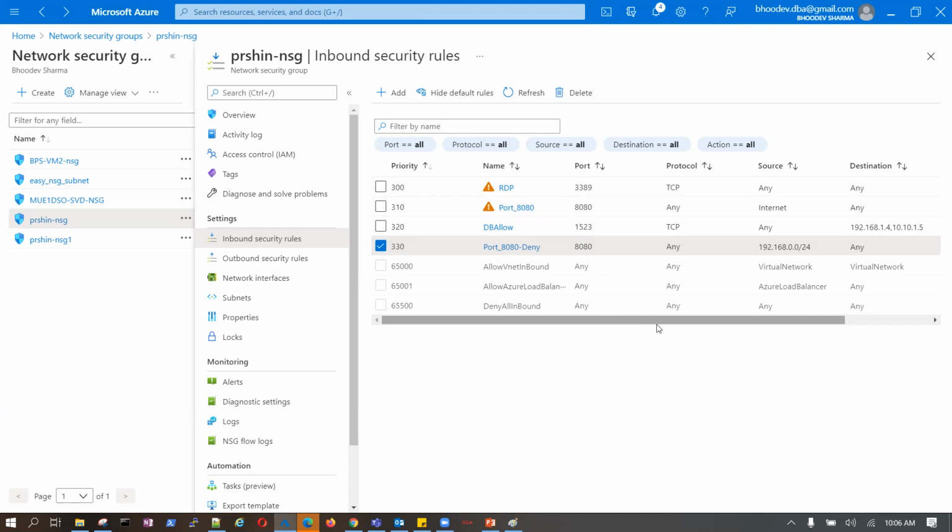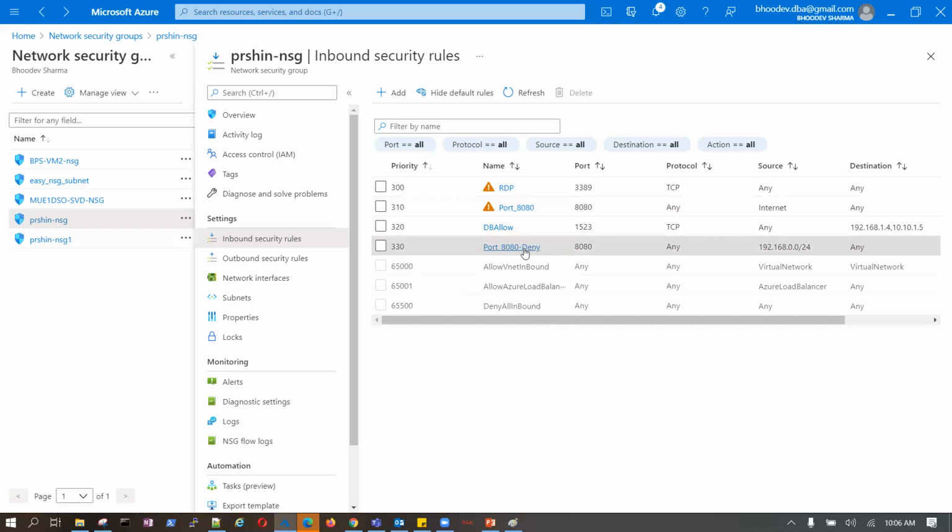We can put priority also, right? Now you are telling the right thing. Currently, if you look, your priority is higher, 310, and my priority is 330. So the traffic will be allowed from here and this rule will not be applicable.